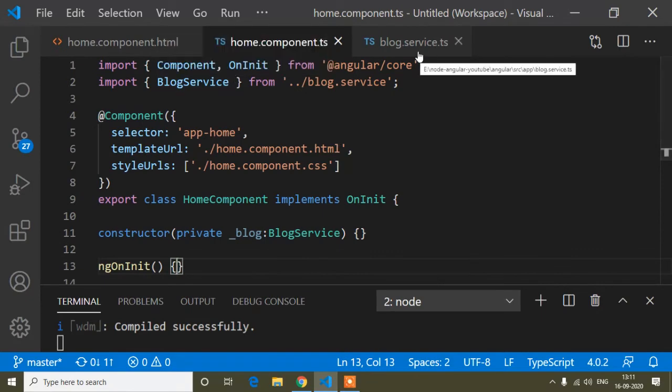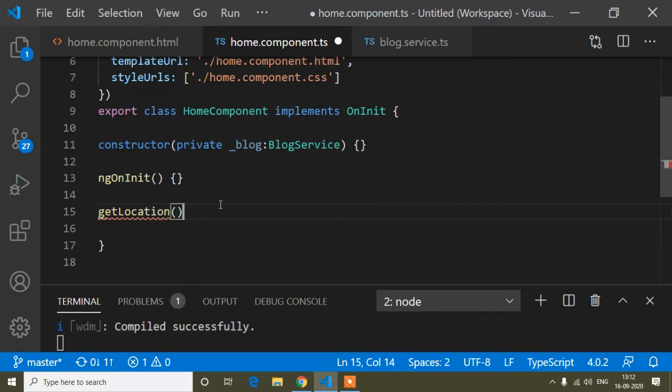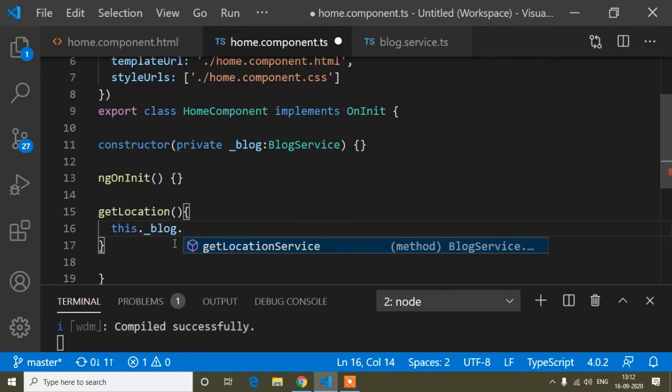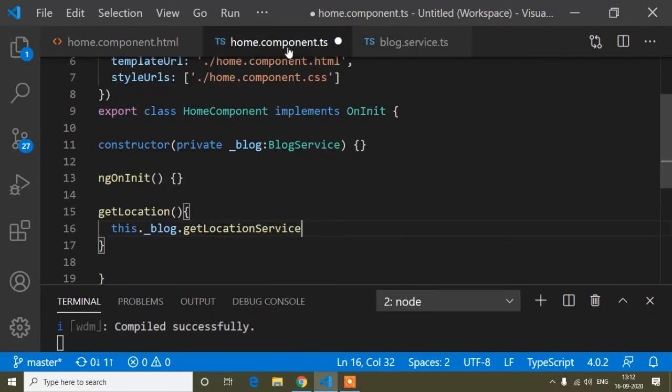So first, in the component I imported the block service, and I have created a variable block and the type is block service, and now I will get this function in our TS file. So first of all, here I will write a method named getLocation. You can write any name for this method. Now this.block, and when I type block dot, you can see it's showing the suggestion of this get location service function which I have created in our block service. So get dot